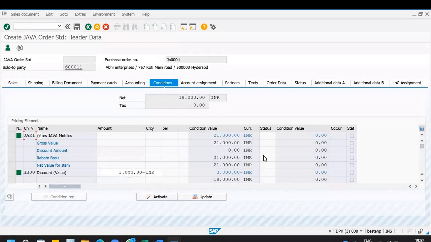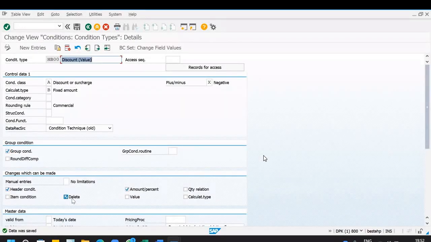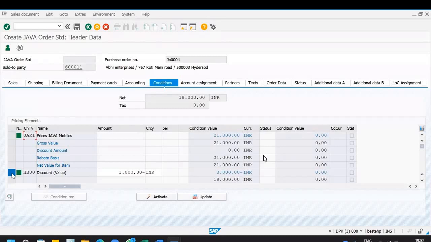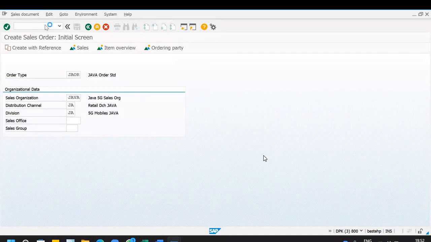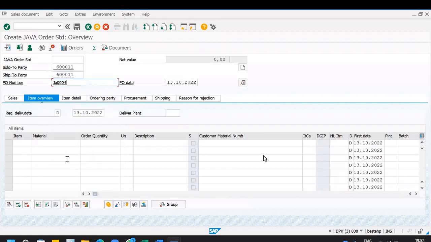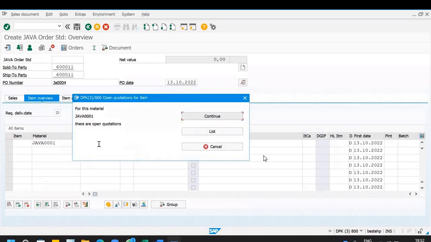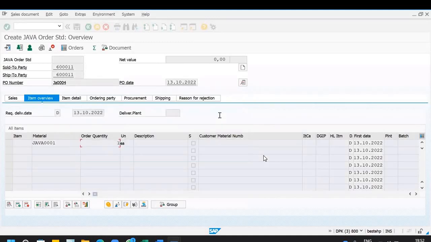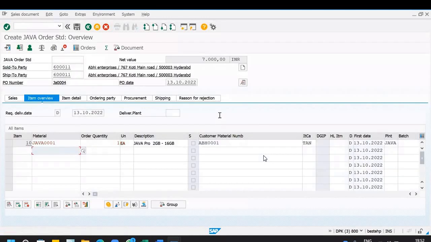So now I have checked the option do not delete in the header item condition. This is the option which I have selected. So let us see if I try to delete it. Why is it not showing any options here? Since I have selected that option,